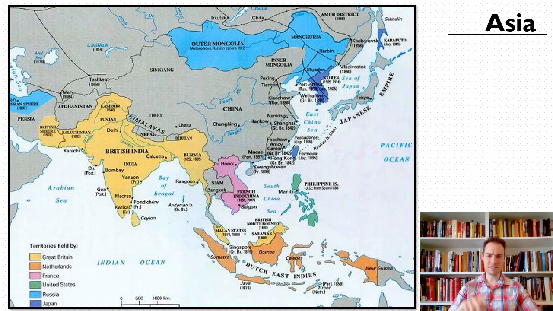You'll also notice that Siam, right in the middle here, is not colonized as well. It's shown as being independent. Today that's Thailand, and that's true to an extent that Thailand was never colonized, but it's also partially incorrect. It's a problematic idea. We'll talk maybe a little bit more about that later. So most of the main countries in Asia that we have today were colonized as well.